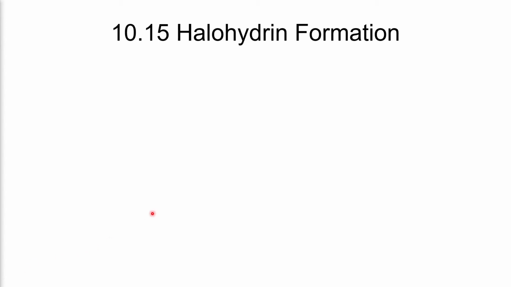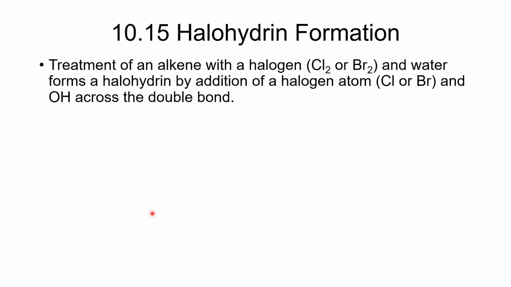So we now want to look at halohydrin formations. We saw halohydrins back in chapter 9 for synthesis of epoxides, but here we want to look at how it is that we make halohydrins. Well, the way that we can make a halohydrin using chlorine or bromine, really only works with those, is that we have a mixture of the halogen, Cl2 or Br2, and water, and that will form a halohydrin when mixed